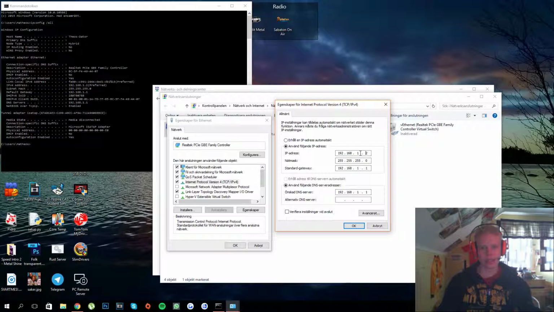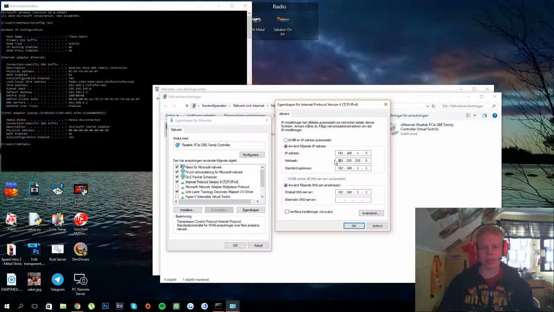As you see, my default gateway was 192.168.1.1, but use exactly the default gateway except the last number, which you can choose for yourself. However, there are exceptions. You can't use any number. I think it's around 254 you can use as the highest number, depending on routers. I am not 100% sure, I'm sorry, but to be safe, just don't use such a high number. It really doesn't matter as long as you remember what you chose.